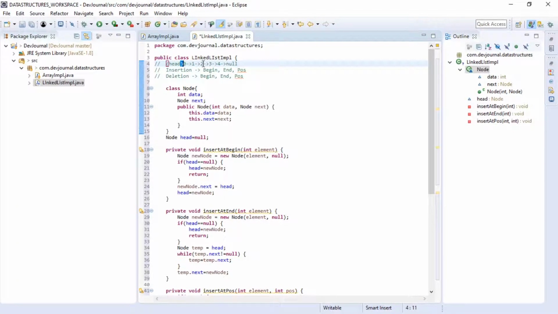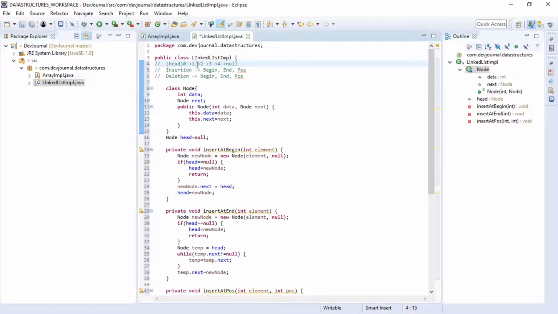For example, we need to insert at third position. Let's say I need to insert at 3. So I will traverse up till a position one less than the position provided. I'll traverse up till one element back, and then once I reach here, what I will do, the